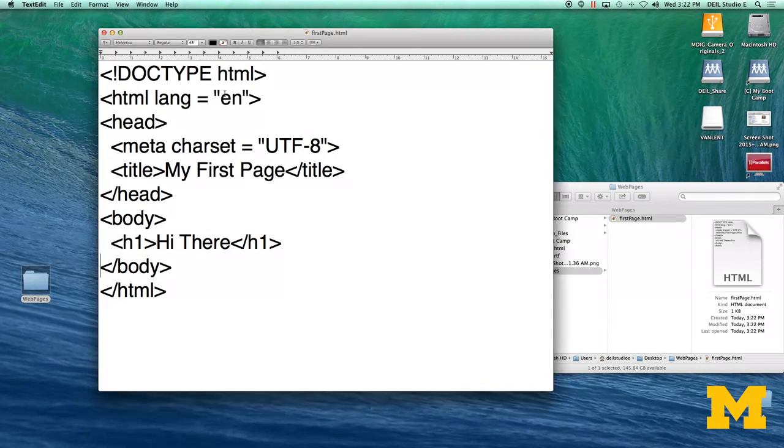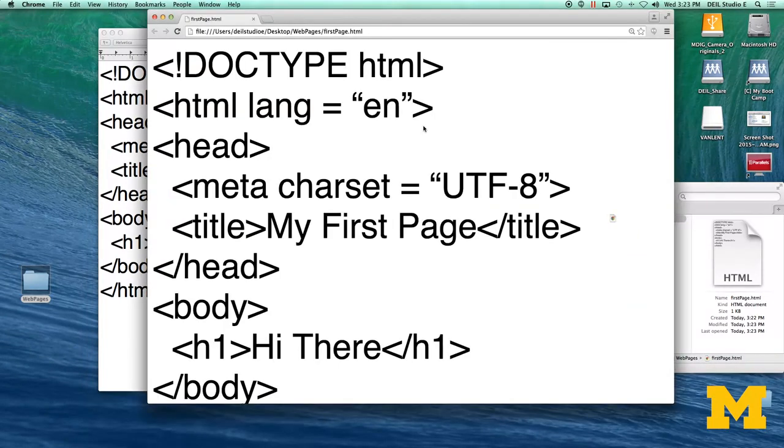The next thing I went in and checked is that all of my quotes were going the right way. So let's go ahead and put these in. Because if you remember, I'm always telling you that copy and paste can sometimes give you bad quotes. So we can go back again. Still no luck. If you're going to be using TextEdit, you actually need to go in and make some